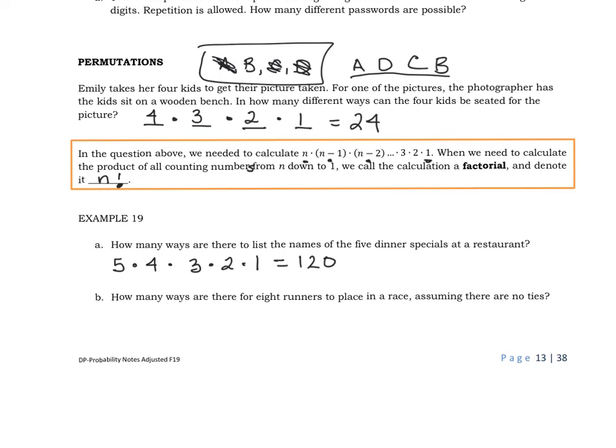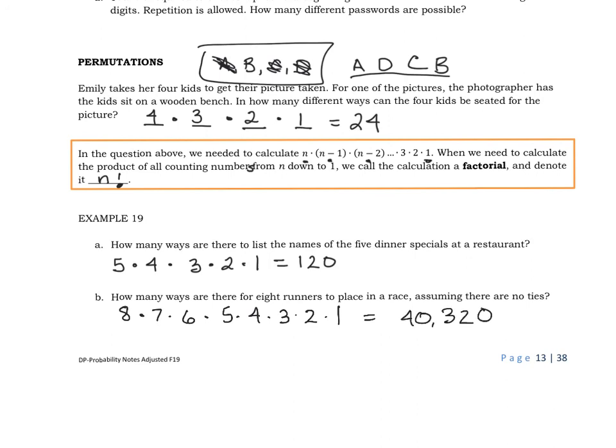Well, we have 8 of them. And then how about for the second place? Then 7 and 6, all the way down to that person who finished last. Okay, and then we multiply those across, and it gives you